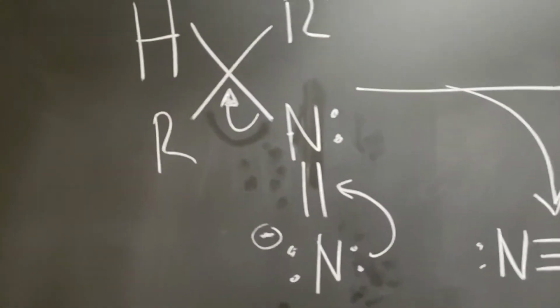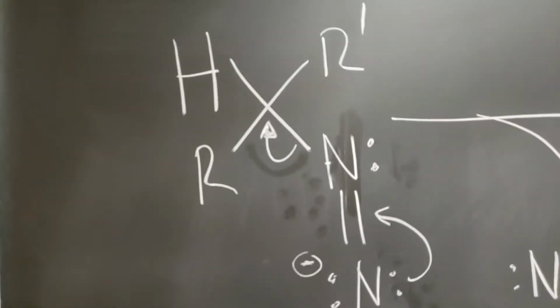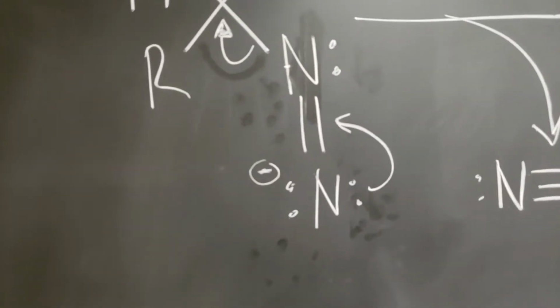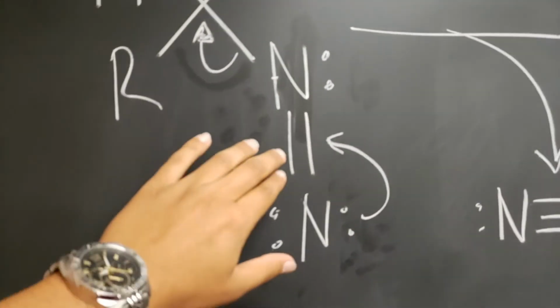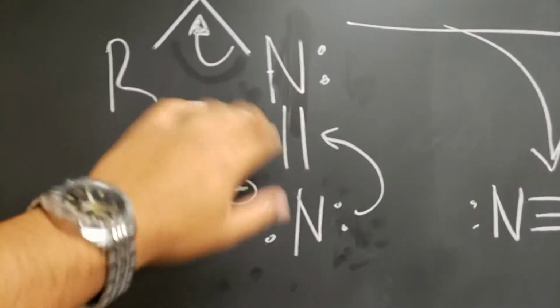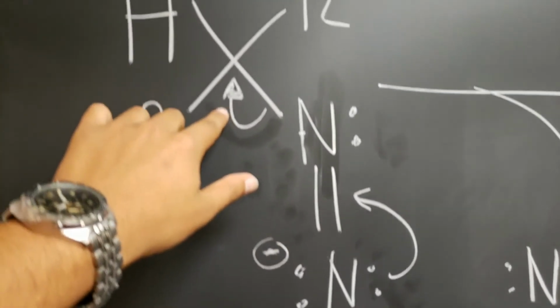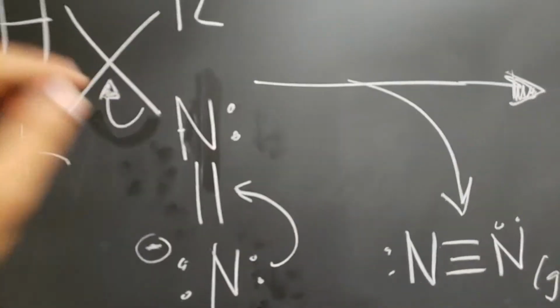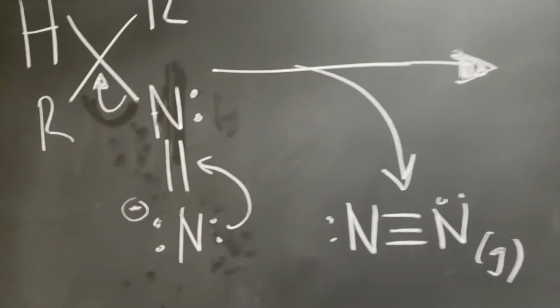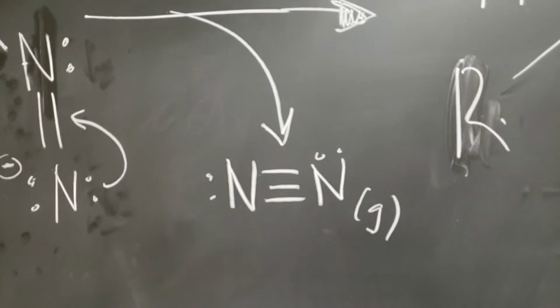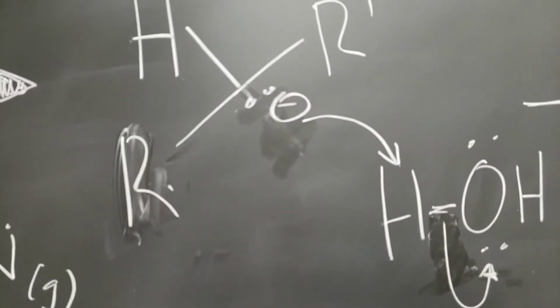So following the release of water, we get this compound, and the following step is a rearrangement of the negatively charged nitrogen. It will form a triple bond between both nitrogens, and these electrons will be picked up by carbon to create a carbon anion, and as an end result we get nitrogen gas, and this is our product,